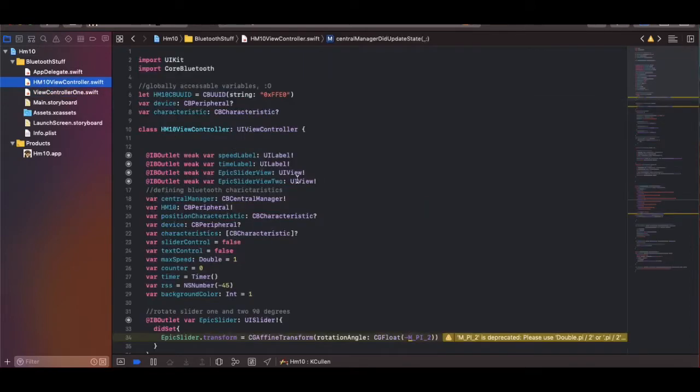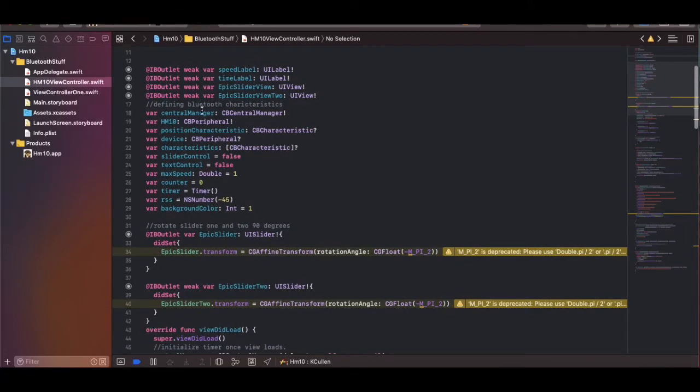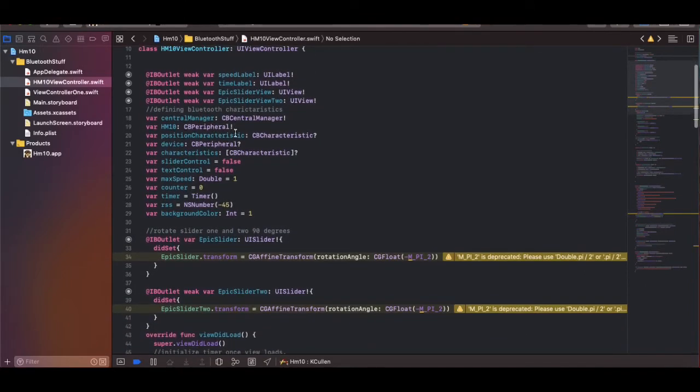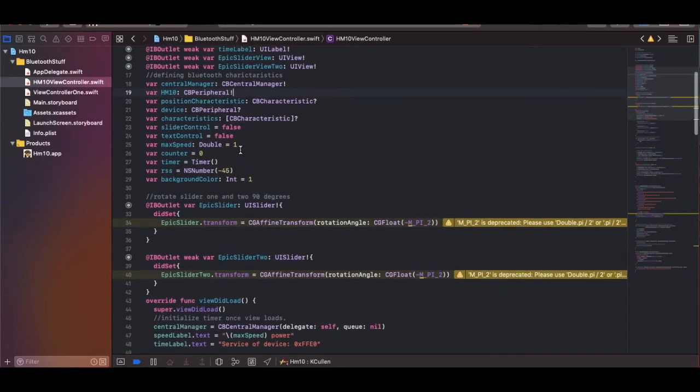Now we go to the main view controller. Here we have, these are the characteristics of the HM10. So its CBUUID would be the 0xFFE0. That's its identifier. That's how we connect to it. We got my outlets. Basically, this is declaring the characteristics of the HM10, and it's declaring the HM10 as a peripheral, so that it knows that's a peripheral. And now here are the variables from the